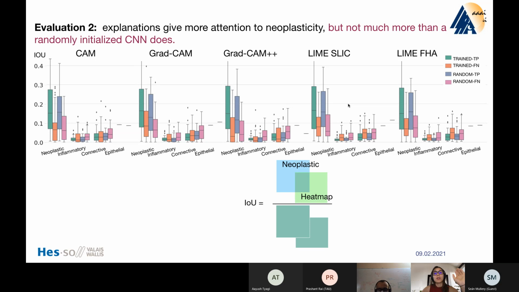Because if so, it means that maybe there are just more neoplastic nuclei in my image, and that's why their intersection over union is higher. Maybe it's just because there is a bias in the data. And in fact, that was the case. Essentially, if we compare the trained to a random network, there is no significant difference in the intersection over union for these two